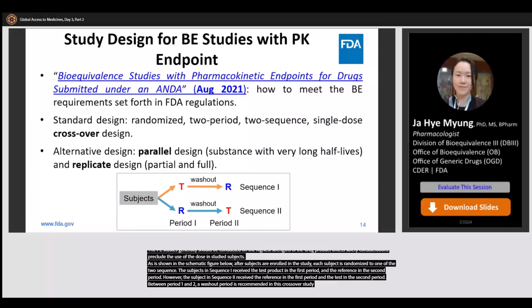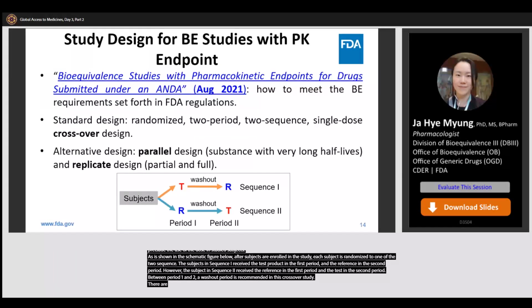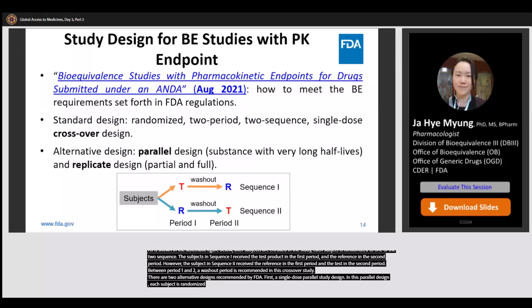There are 2 alternative designs recommended by FDA. First, a single-dose parallel study design. In this parallel design, each subject is randomized to only one treatment. A parallel design is not